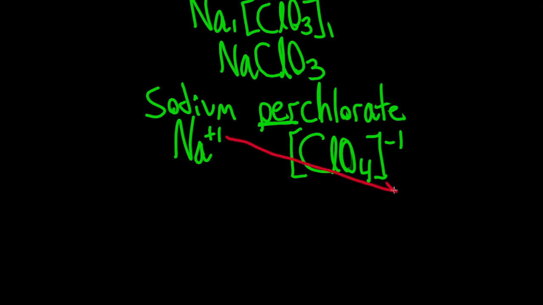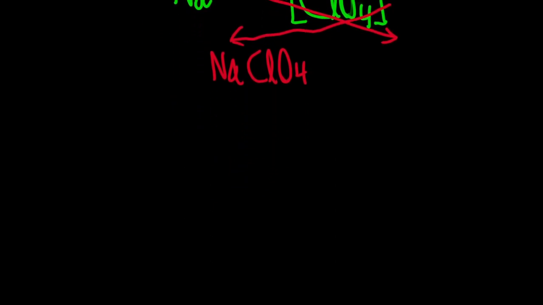And I can get back to doing my crisscross, and I end up with NaClO4. Okay? All right, let's try the other way, where I have sodium chlorite,